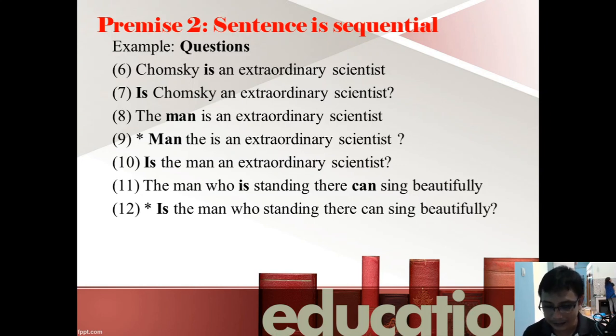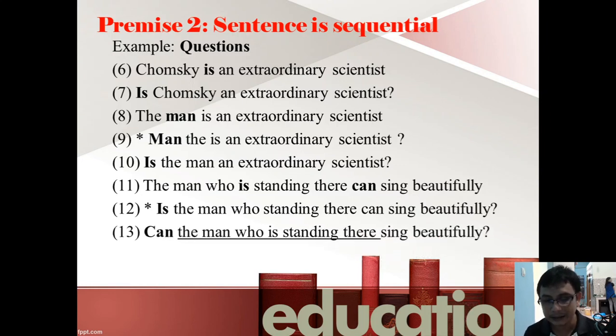There must be something else. And this something else is the word can, which is very far away. It's almost at the end of the sentence. But we have to move this, meaning that we have to move a certain component of the sentence, not only any sequence or any number of words or any particular type of word. Instead, we have to move something.